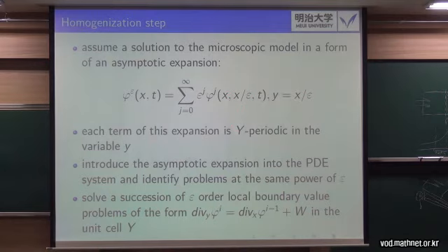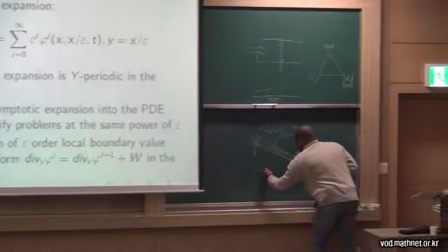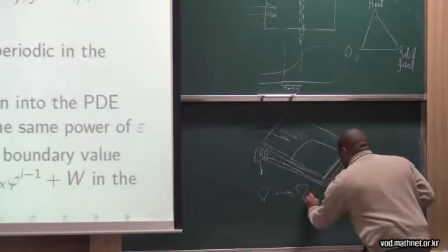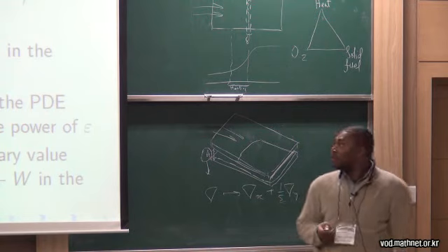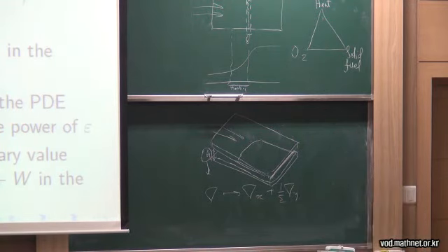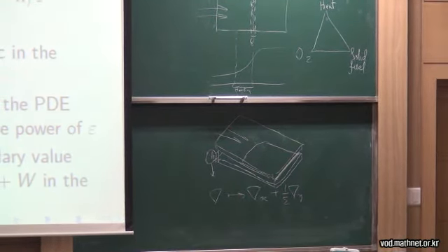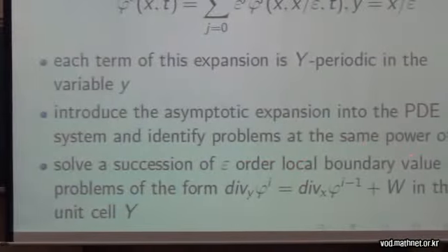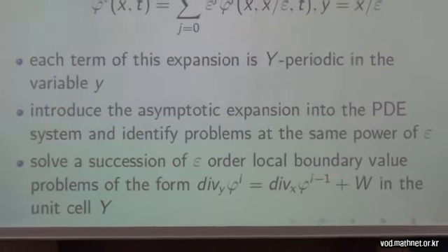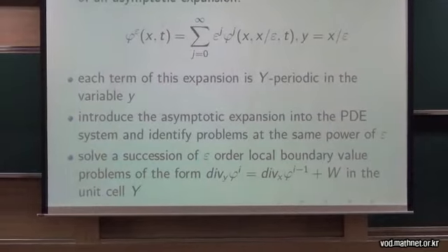So what we require at this stage is to also transform, for example, we need a transformation of the gradient, such that with this transformation, and also using this expansion here, we introduce the asymptotic expansion in the PDE system and identify different problems depending on epsilon. So this leads to a succession of epsilon problems